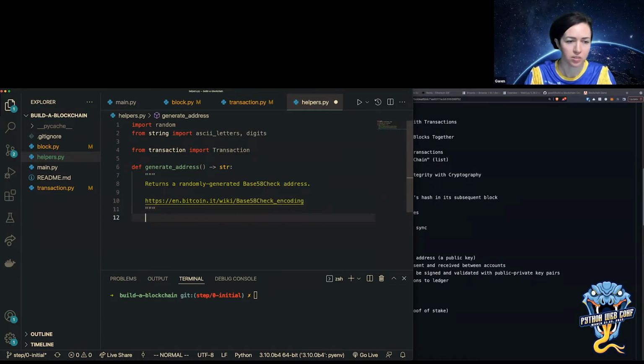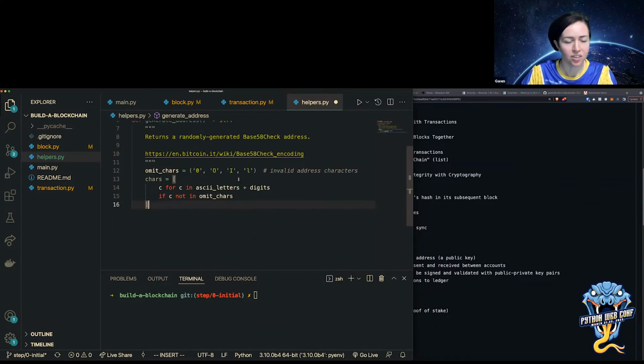But there are some characteristics of these addresses. And so I'm just going to copy this. And there are characters that are omitted from addresses that they don't use.